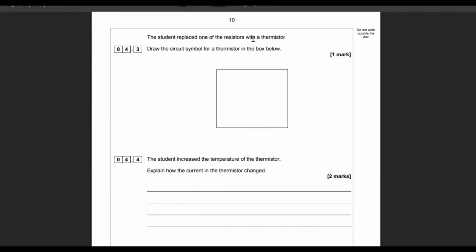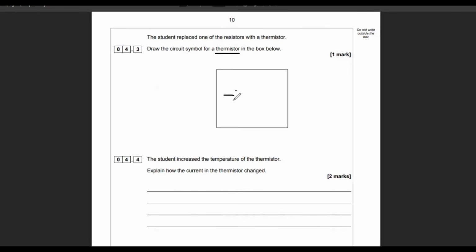The student replaced one of the resistors with a thermistor. Draw the circuit symbol for a thermistor in the box below. So you've got these two sensing ones: a thermistor and an LDR, a light dependent resistor. Now, the light dependent resistor you sometimes get asked about, and it depends on light, so we draw arrows going down there. I should have really drawn the circle around there, but that's not what we're being asked to do. We're asked to do the